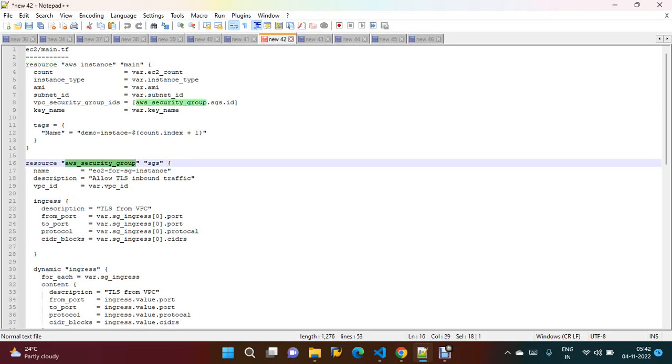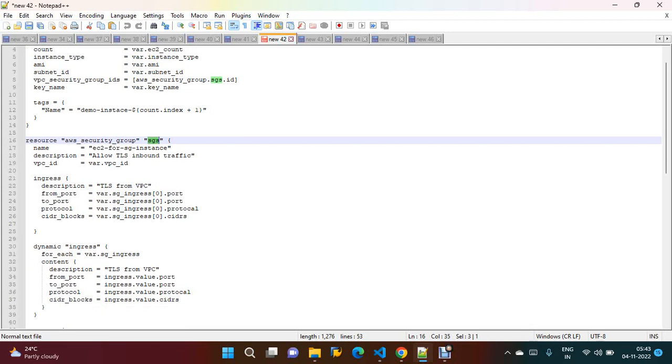The resource name is aws_security_group and I have given SGS. The name says this security group is for the EC2 instance, the description is allow all the traffic, and the VPC ID, and I have my VPC, right. So I use the same VPC ID